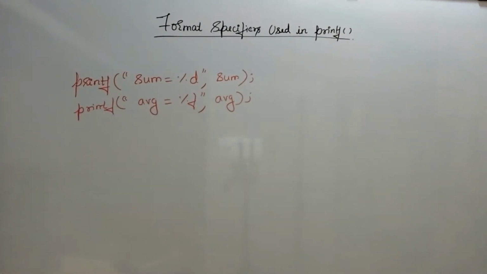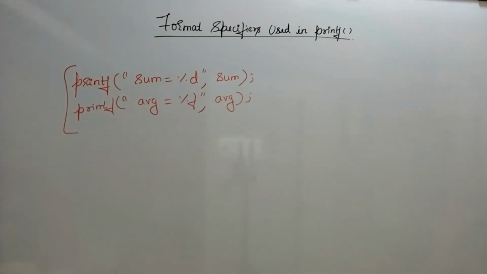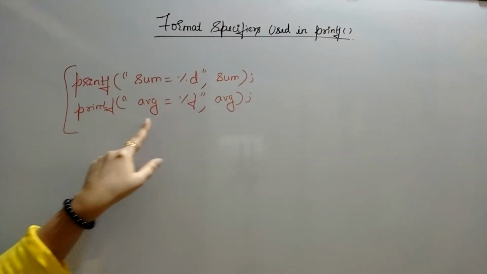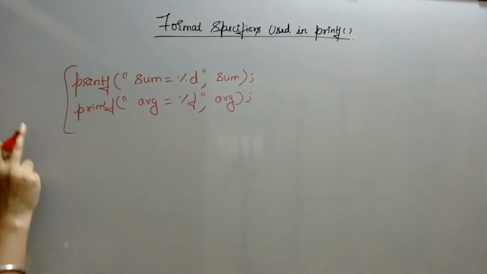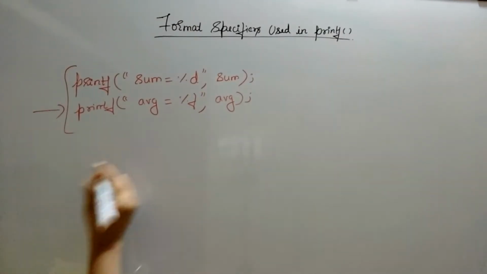In the previous video we have written one simple C program to calculate the sum and average of two integer numbers. We have used these two statements: printf sum is equal to %d, sum, and average is equal to %f, average. Now I can combine these two statements and write it as